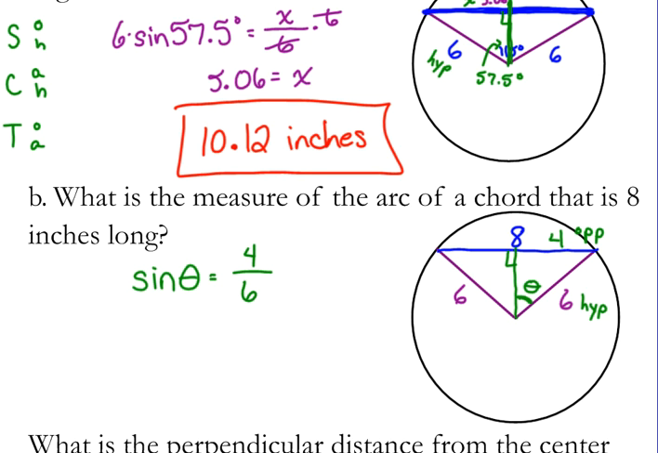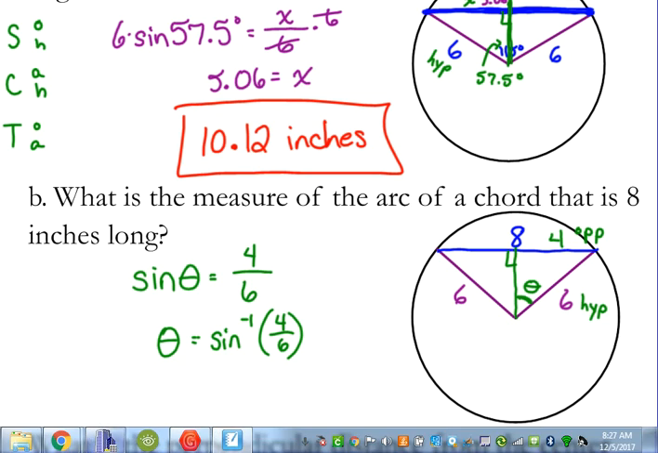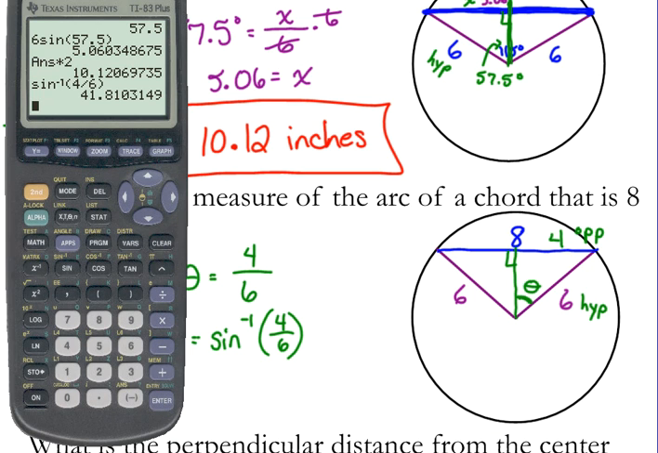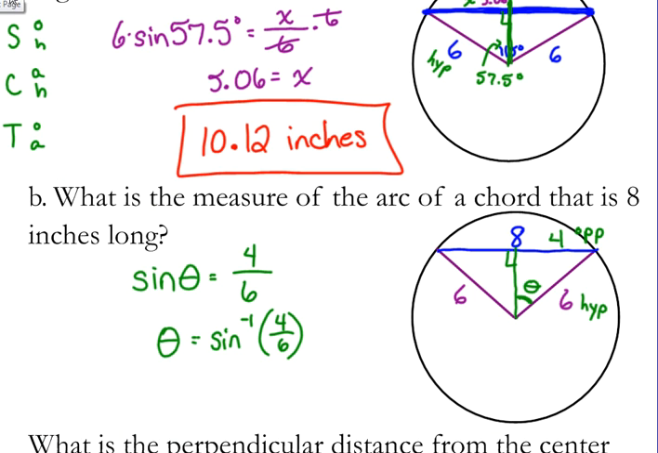Anybody know what we do there, if we're solving for the angle? The opposite, the inverse sine function. It's on your calculator. You press second sine. Second sine of 4 over 6, so 41.81